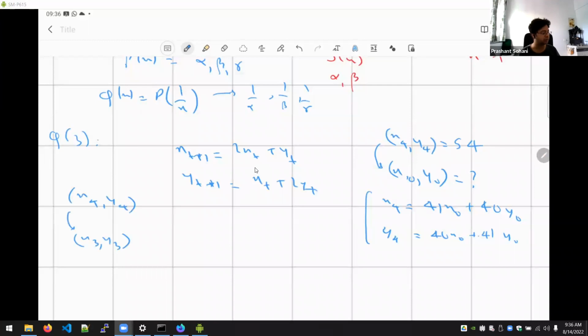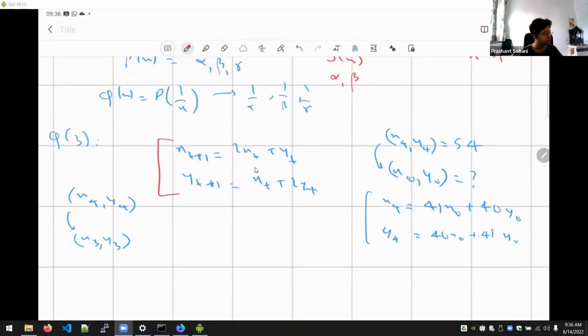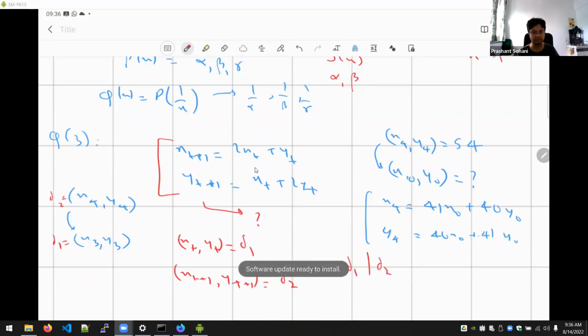You can do it one step at a time, and that is because this is the recurrence given to you. So in this recurrence, what do you know? If I call this GCD as D1 and this GCD as D2, or in general, let the GCD of x_t comma y_t be denoted as D1, and the GCD of the next term be denoted as D2. Then what is the connection between D1 and D2, which you can deduce from these equations? Firstly, D1 divides both x_t and y_t. So D1 is going to divide any linear combination of the two. So I think everybody agrees that D1 is going to divide D2, correct?